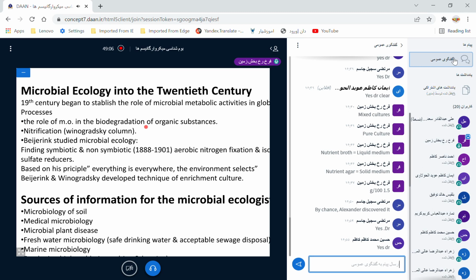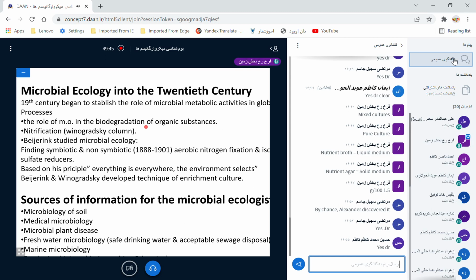Suppress the pathogens. If you have agriculture between two rivers and there are some pathogens which infect your plants, how can you suppress them? For suppressing them, first you should know them. So it is microbial ecology. First you should know what the interaction of the microbe with another microbe, the pathogenic microbe and the plant is, and how you can suppress it.